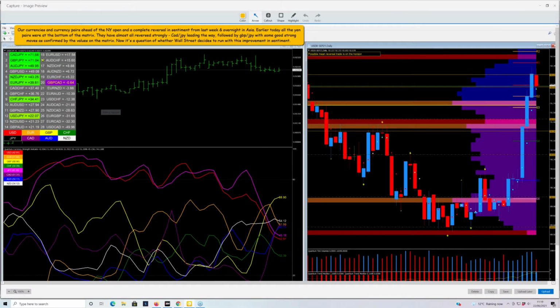Now, this was just before the New York Open. And the currency that I always look at for sentiment is the yen, and the yen pairs are quite easy to track because the yen is always the counterparty. Now, I didn't take the screenshot, which was my fault. But in the morning, when I came to my computer, all the yen pairs were down here.